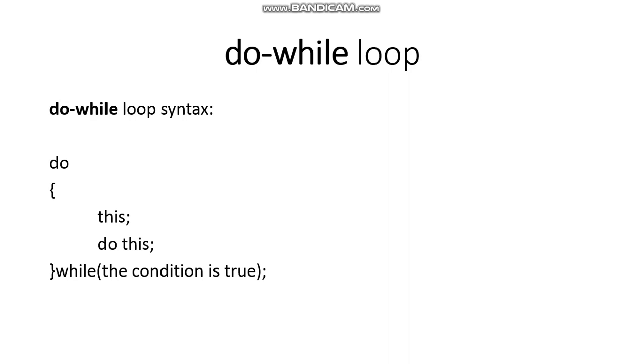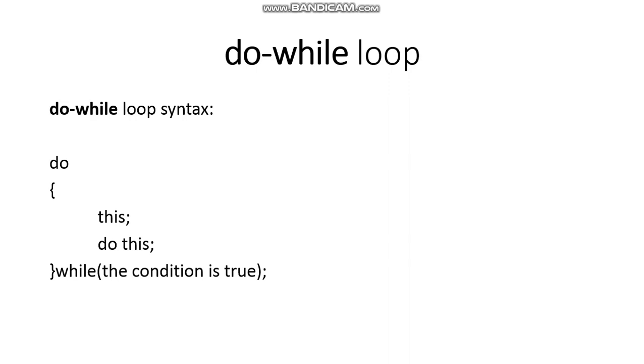Now we shall learn about the do while loop. Previously we have studied the two loops, the while loop and the for loop, and now we shall learn about the do while loop. Till now we might understand every syntax and the statements to be written between the curly braces, what kind of statements we can write, and what kind of nesting we can make between the loops inside the braces. So now we have the do while loop. We are not aware of this, so let us learn with a simple example also.